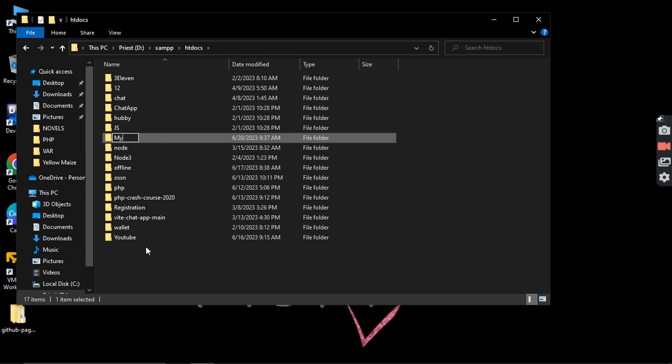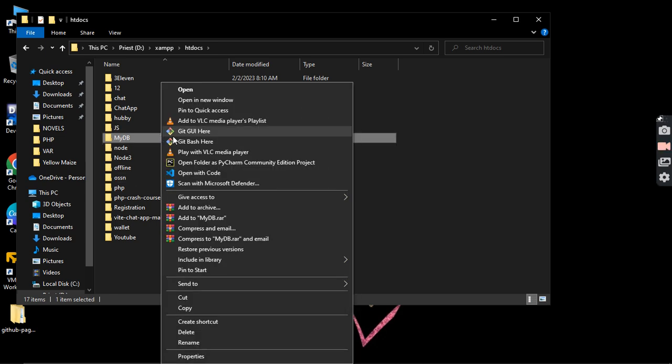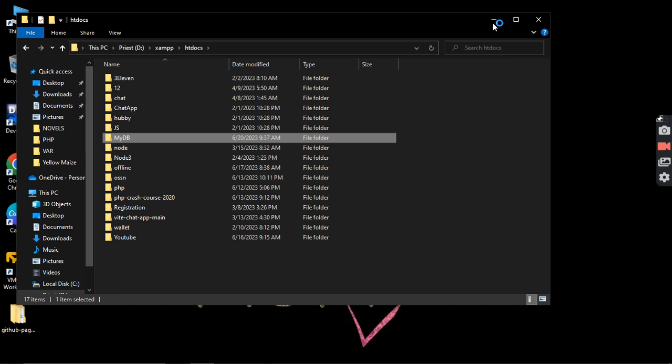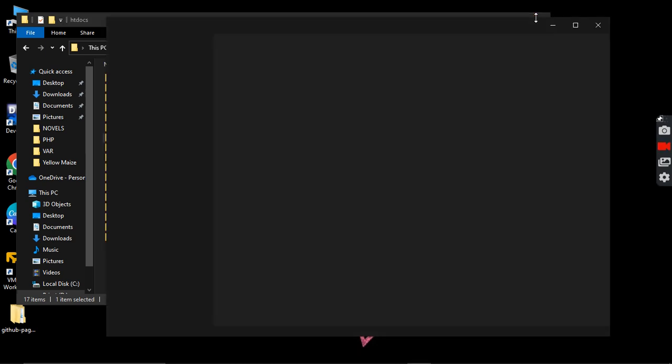my database. Okay, my db, and we save it. After that, we launch it with any text editor. You can launch it with any text editor. Okay,